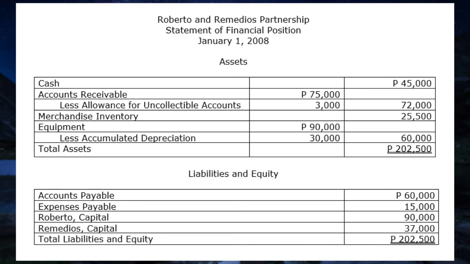Under asset, cash is 45,000 pesos. Accounts receivable, 75,000 pesos, less allowance for uncollectible accounts of 3,000 pesos. So there's a net of 72,000 pesos. Merchandise inventory for 25,500 pesos. Equipment for 90,000 pesos, less accumulated depreciation of 30,000 pesos. So there's a net of 60,000 pesos. The total assets is 202,500 pesos. Under liabilities and equity, accounts payable 60,000 pesos, expenses payable 15,000 pesos, Roberto Capital 90,000 pesos, Remedios Capital 37,500 pesos. The total liabilities and equity is